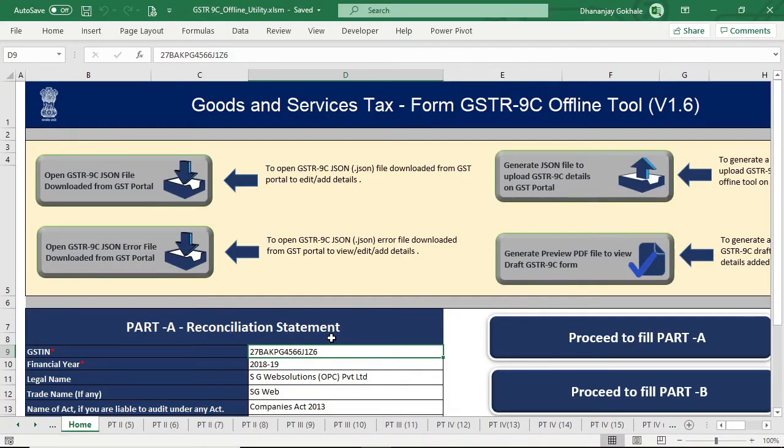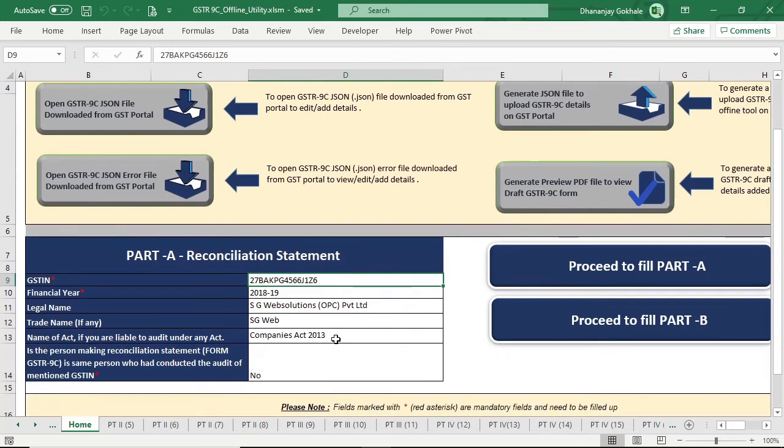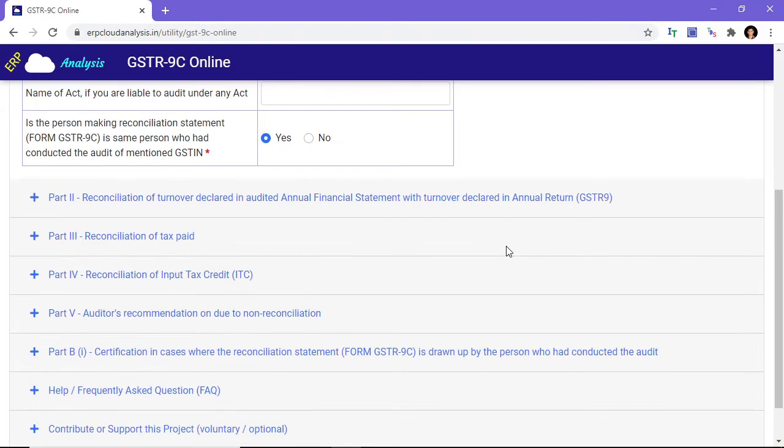Now friends, it may happen that you have already filled up 9C data in the Excel offline template and you experience some issues. So you now want to fill up and get your JSON generated through the ERP Cloud Analysis utility page. Now you don't need to fill up all the details one by one manually.